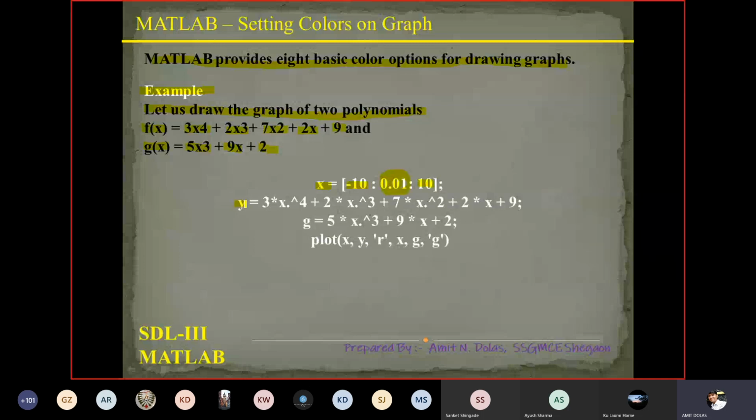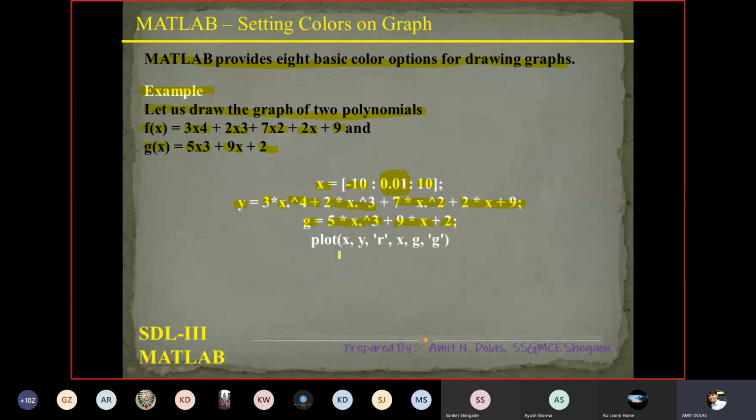Y is written as 3 into x to the power 4 plus 2 into x to the power 3 plus 7 into x to the power 2 plus 2 into x plus 9, and g is written in MATLAB as 5 into x to the power 3 plus 9x plus 2.